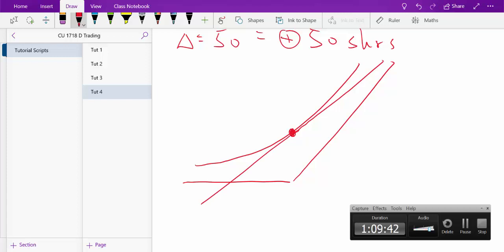I know I'm showing a call. I prefer call options because they're so simple, but it works just as well for puts. Okay, so if you are long an option, you're long the call. So you have to be short some stock. So when you're long the call and the market goes up,